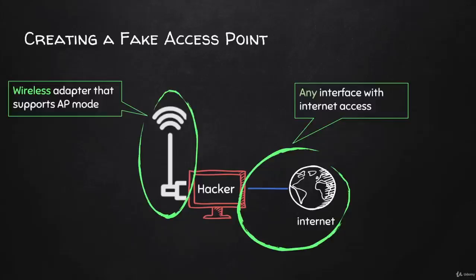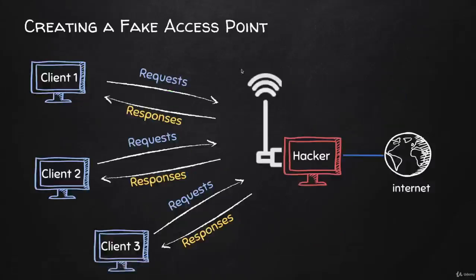Now, you can see that in order to use our computer as an access point, we need a number of components to be configured properly. So first of all, we need our wireless interface to broadcast the signal as if it's a real network. This will allow other clients to connect to it, but that's not the end of the road. The wireless interface needs to know when these clients are requesting websites. It needs to be able to forward these requests to the other interface that is connected to the internet. Then again, it will need to be able to know when the responses come back and forward all of this